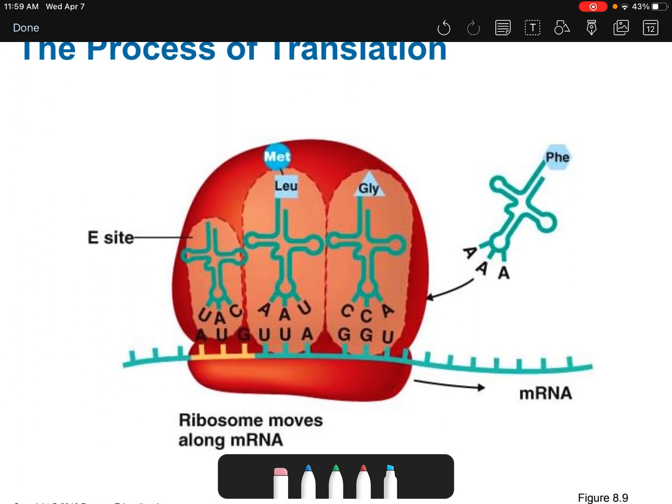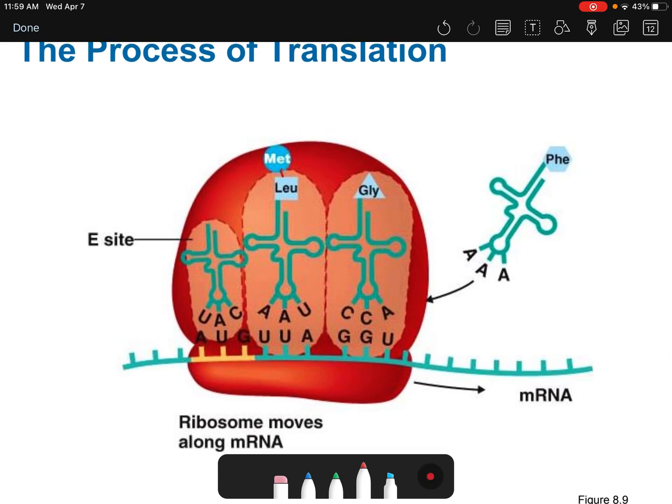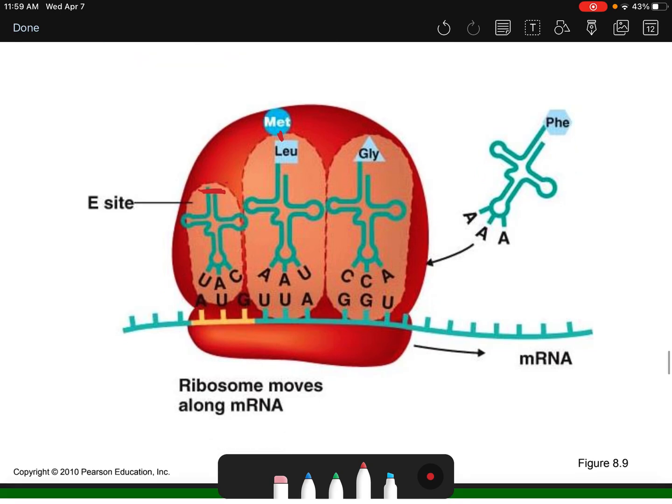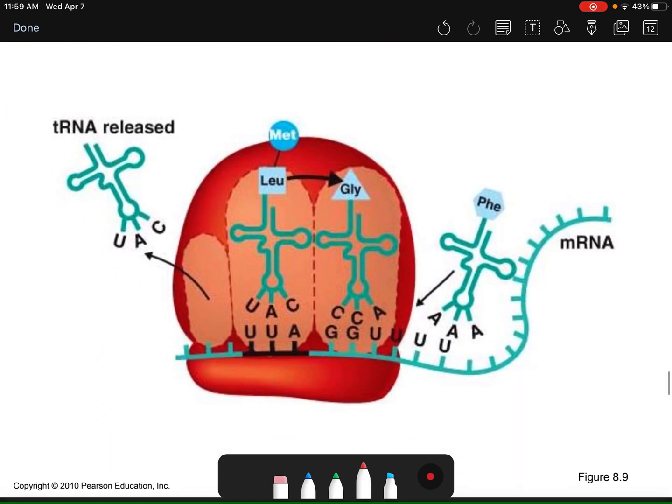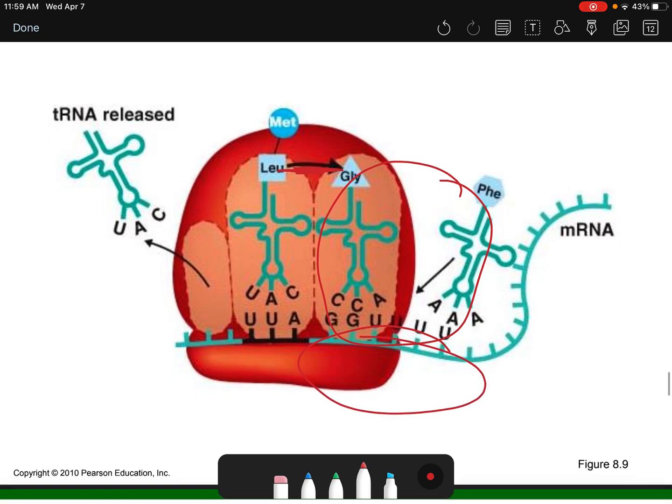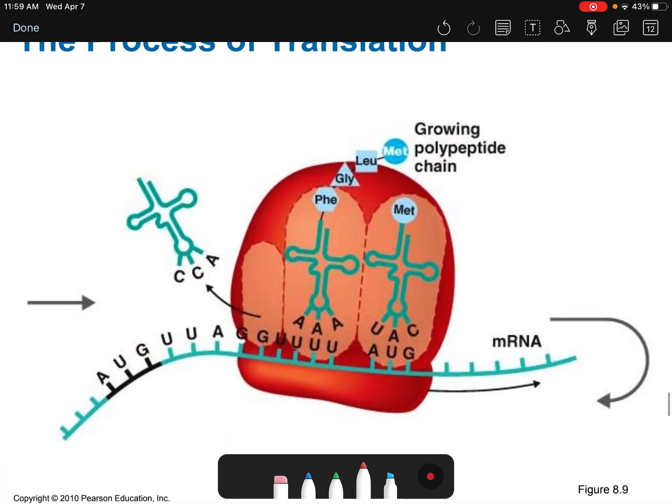So here you can see we release this. This is going to move this one off, and it's going to detach because we've already bonded these two together. Notice it's already released its amino acid. There's no longer an amino acid here. Okay, this is going to shift down. When it shifts down, it leaves a spot. These two will get bonded together. Then it's going to shift down another spot right here to leave another area. There it goes. And as you can see, you've got this growing polypeptide chain with all these amino acids joined